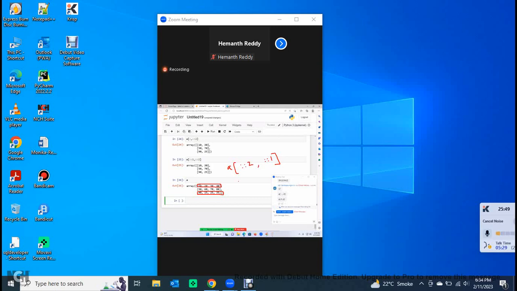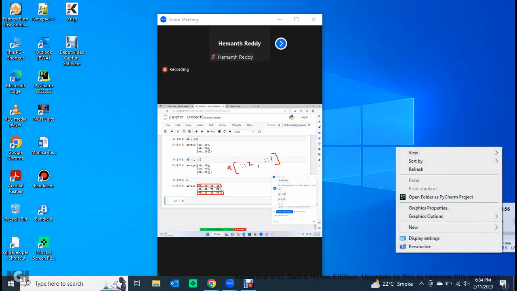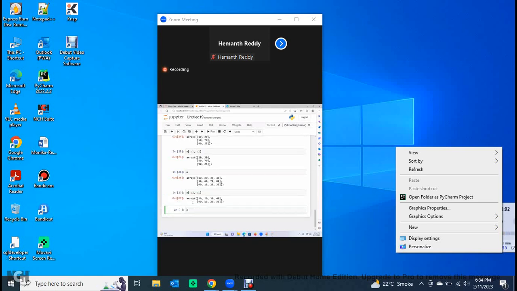All columns. Is 1 required or not required? Not even required. A of colon, colon 2, colon, colon 1. A of colon, colon 2, colon, colon. Done.